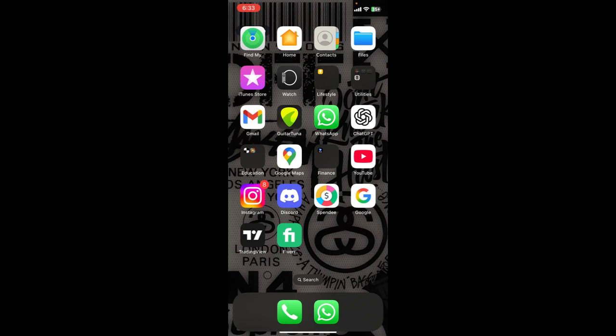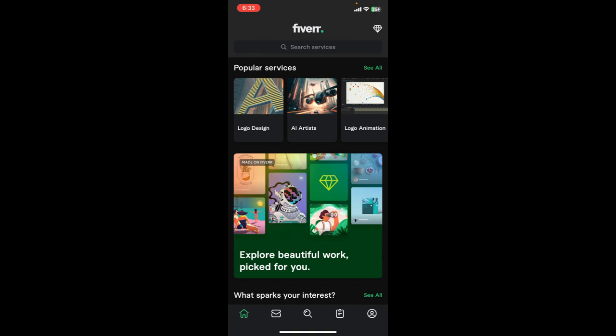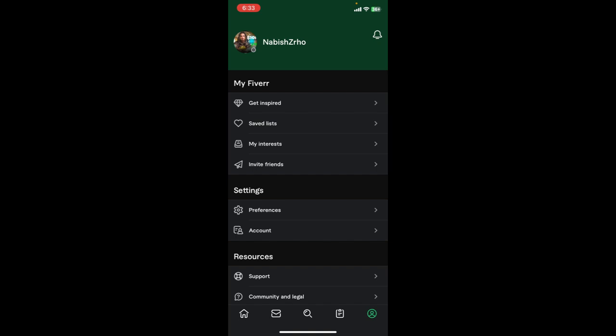First of all, open the Fiverr app on your mobile device. Once you open the app, now log in to your account with your registered email and password. As soon as you get logged in, look at the right bottom of your screen where you can see your profile icon. Click on it. After you click on it, you can see multiple options. Just simply tap on Preferences